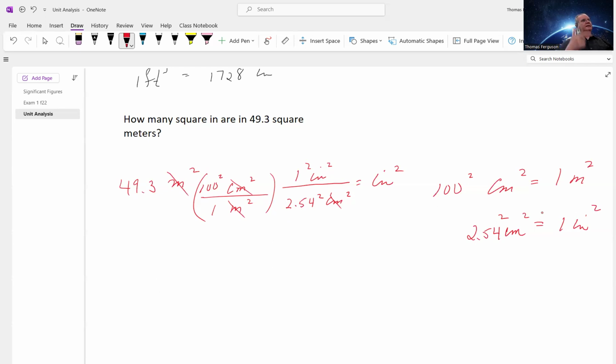Now, a lot of questions come up. Why didn't I square the 49.3? A lot of people ask that. It's already squared. So if you square it again, you'll mess everything up. So it's because it's already squared. We're not going to square it again. These others were not squared. That's why we had to square them. Okay, so we're looking at